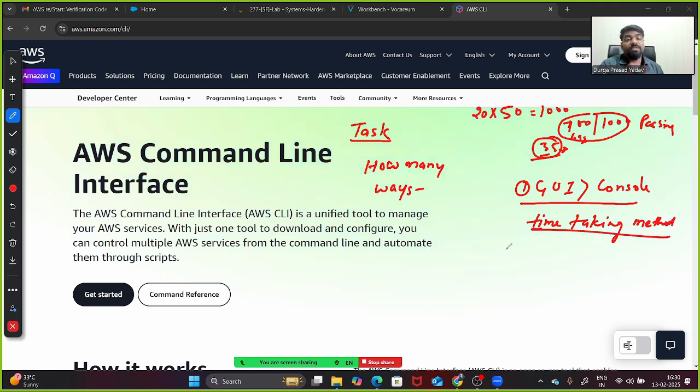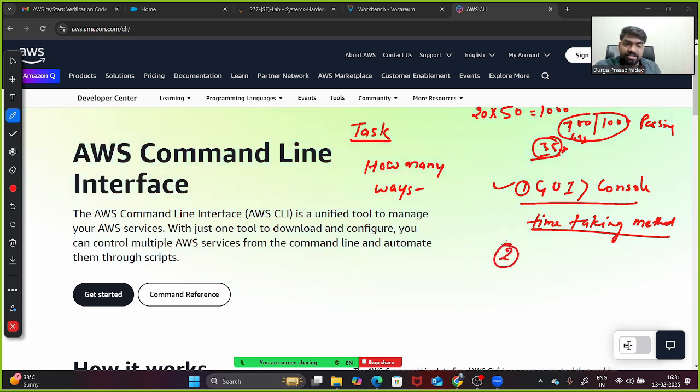Now some of you will be thinking, is it taking time? Yeah, of course it is taking time while creating the resource, while moving from one service to another service, one page to another page. Click here, go there. After clicking here, you have to go there and check things like that. So many things you have to do under the GUI, but everything will be visible, so you can click and perform the work.